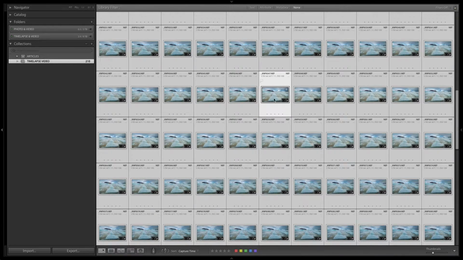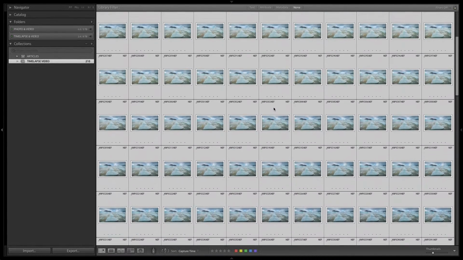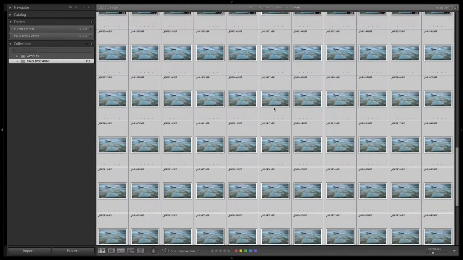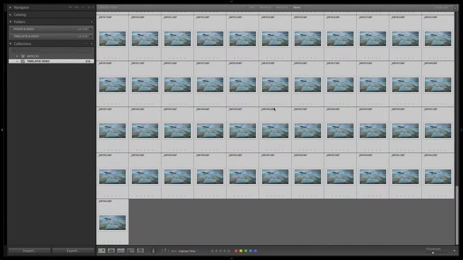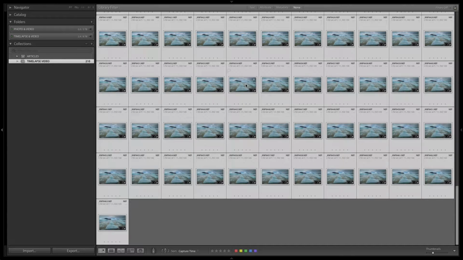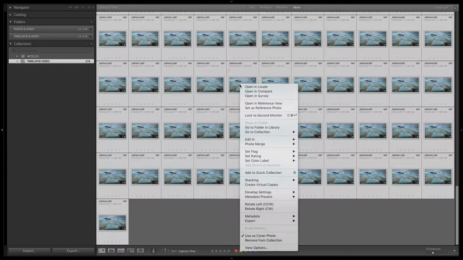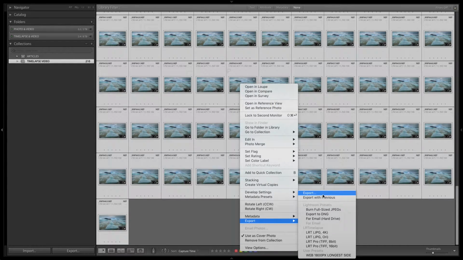Now once you've done that, which I've already done, all the images will have the exact same settings as the first one you edited. It'll take a little while just to get all the metadata. Once you've done, you'll see it a bit like this. Now once you've done that, with them still selected, you want to right click again, export,